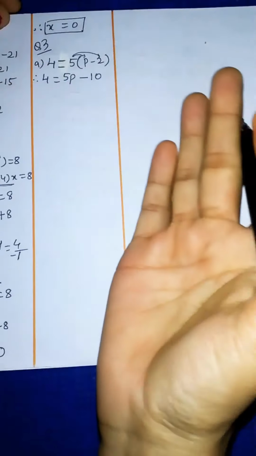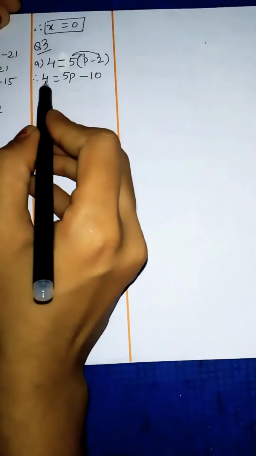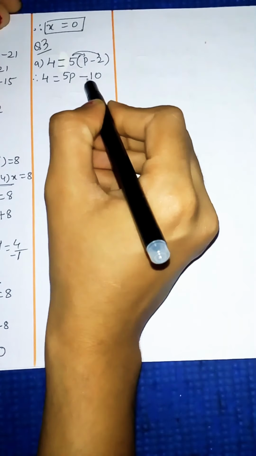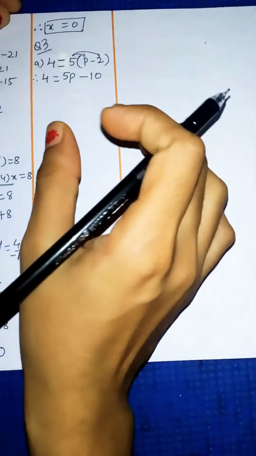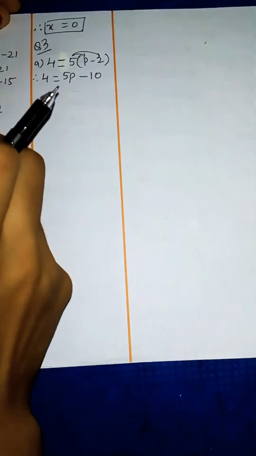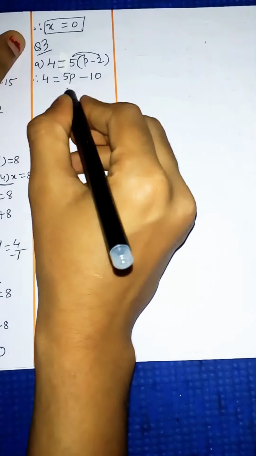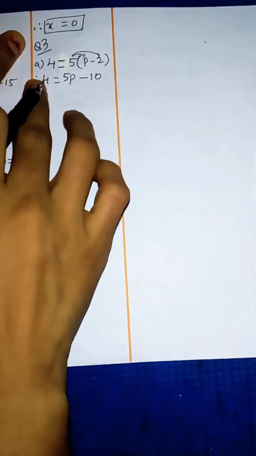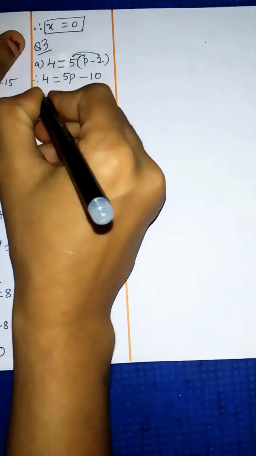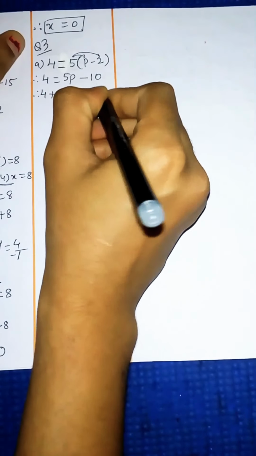Now the variable is on the RHS part. Variable is this side. So now 5p minus 10 is there. Number is here, variable is here. Now this minus 10 we will remove, and then this 5 we will remove. Okay, wherever the variable is given, it can be on the LHS part or it can be on the RHS part. On any side it can be given. So now it is given this side, RHS side. So here we will do the steps. So minus 10 we will take from RHS to LHS. Again the sign will change.